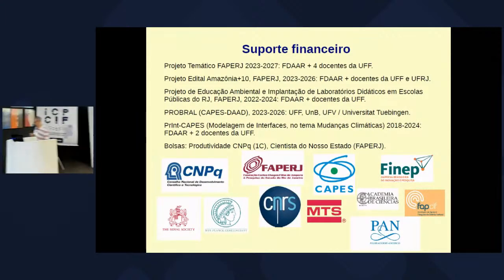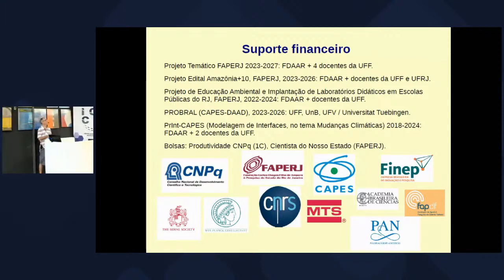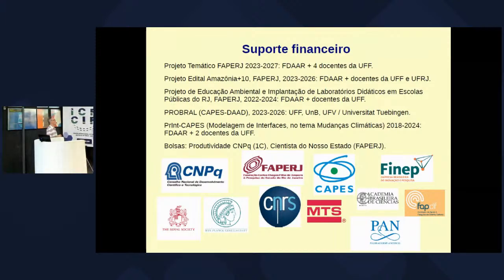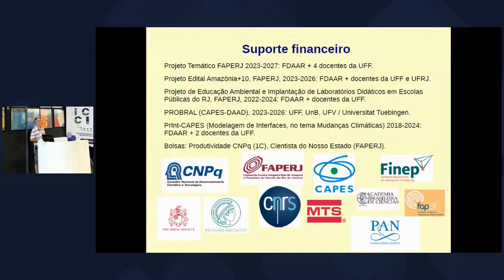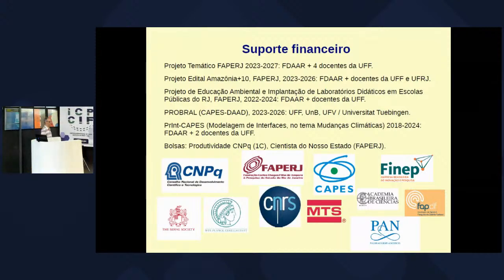Then, the financial support to our work is listed here. These are the current projects. At that time, I think I didn't include an international cooperation project of CNPq, which was approved at the end of last year, and in which Ismael, for instance, participates, and will take a grant in 2026 for spending 1 year in the US for a postdoc. I hope it works. And here a list of the funding agencies until now.